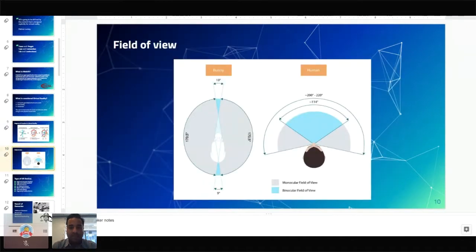This is a slide that refers to our field of view. As you can see, the field of view of humans is very different than the field of view of other animals. You can have a monocular field of view or a binocular field of view. You could also do this with A-frame. You could have an experience where what you're seeing with your left eye is at a slightly different angle than what you're seeing with your right eye, and that's what creates the binocular effect. Or they could both be the same, and in this case, it will be monocular. So you can always make that decision when you design your experience, of what you want to go for.